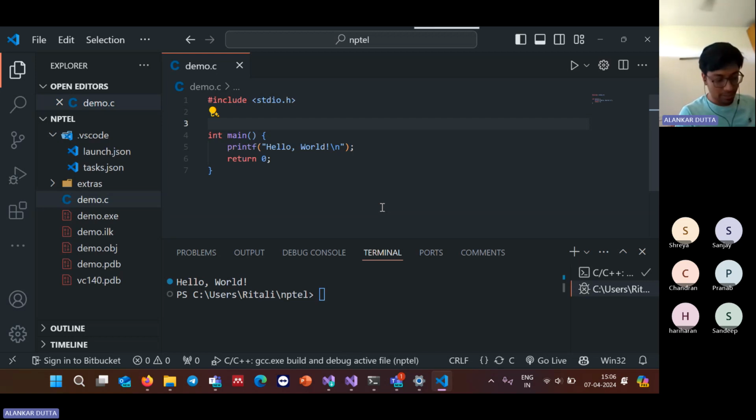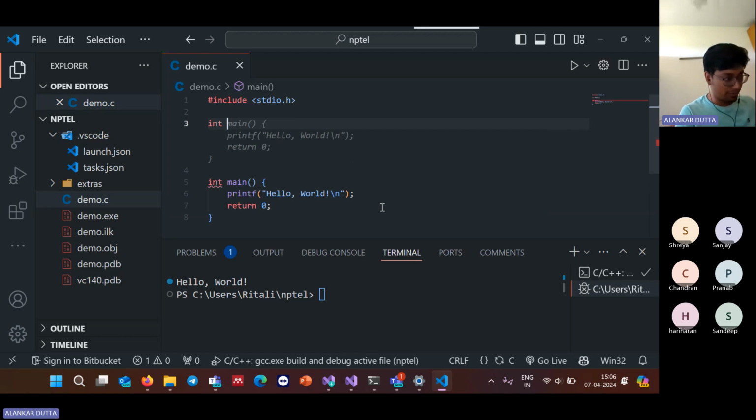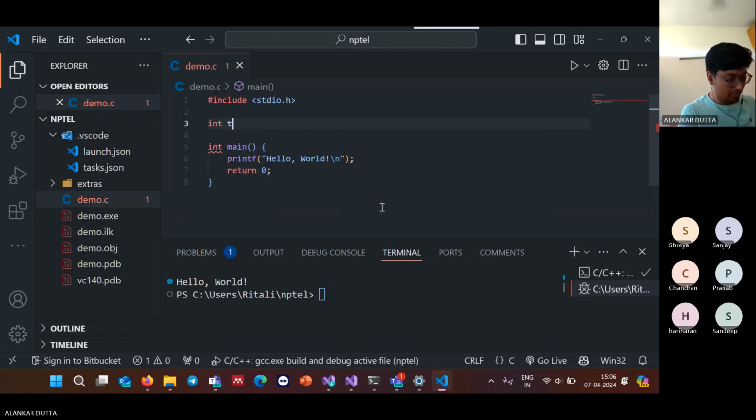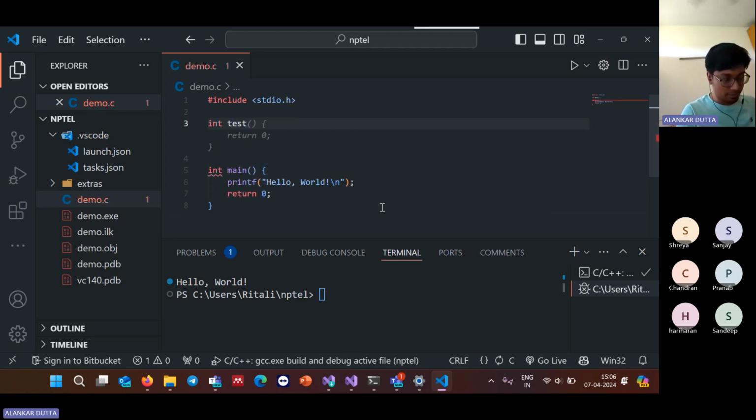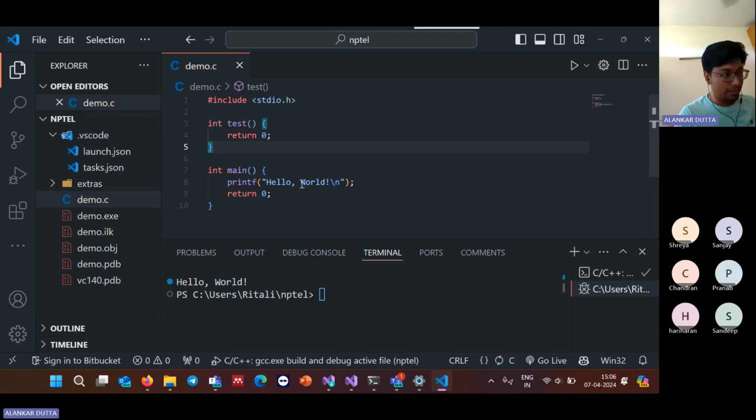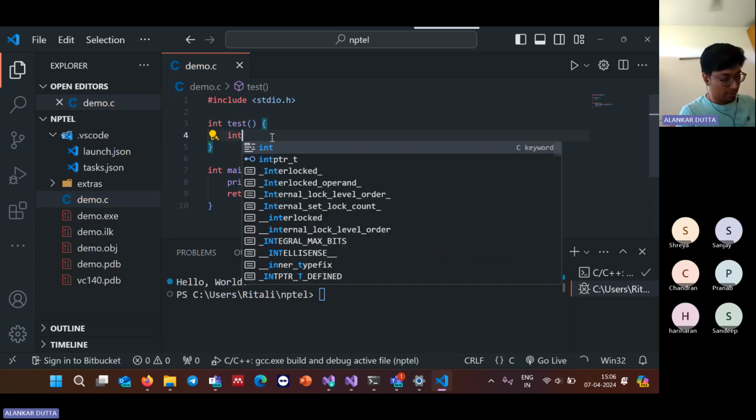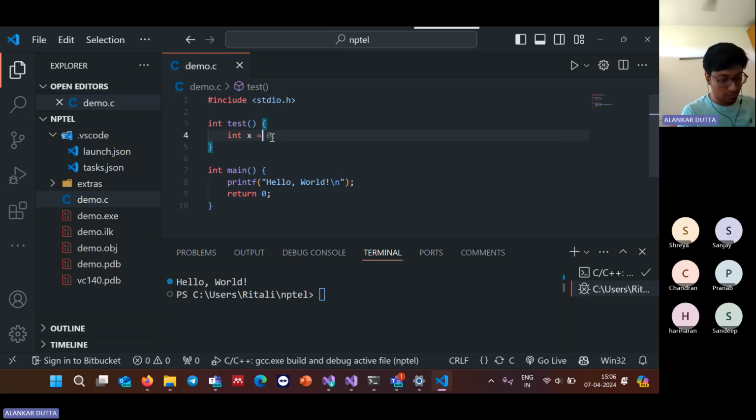So let's first create a sample function. It's a very simple function. We just create int test. This is a test function which doesn't take anything. Inside the body of the test function, let's create some variable, say int x equals 0, right? And let's say this function gives